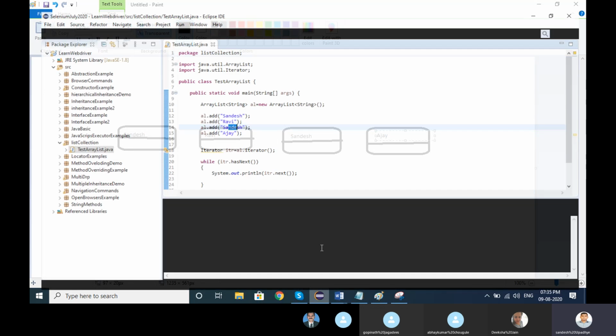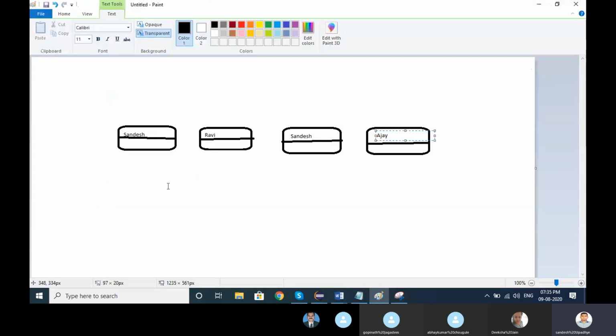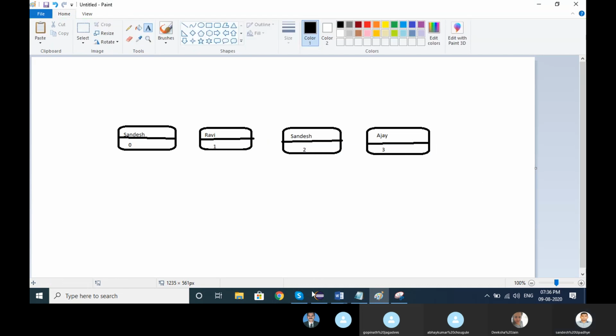Here you are not able to see, but in the background, the index is starting from 0. It is maintaining order like this: 1, 2, and 3. So array list is keeping whatever the list is in the form of an array.